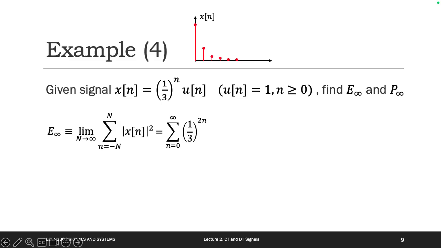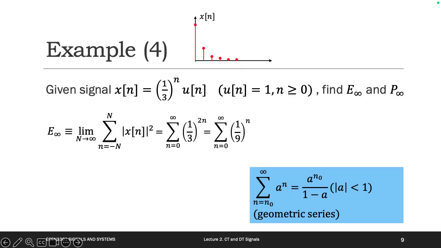Yeah, we have reviewed this in first class. That makes sense to you? So this one, you write this one, right? Yeah, geometric series. You can use the equation for this one. Then you can use this equation to calculate this one, because you can see this a is 1/9, which is smaller than 1. And after you use this equation to get this value, that makes sense to you?